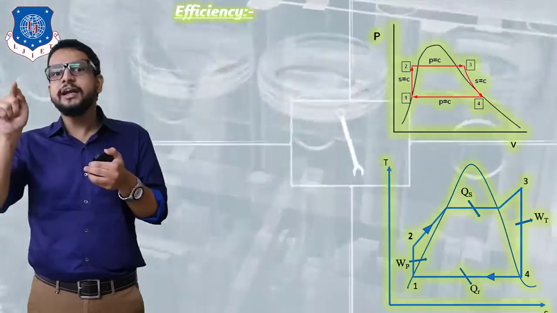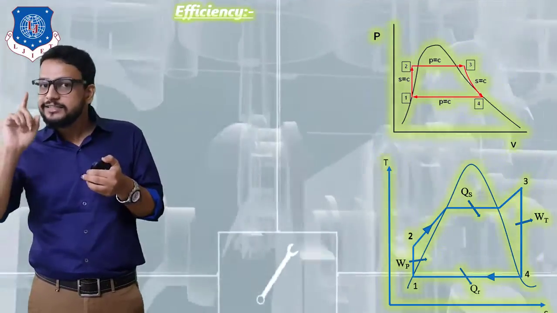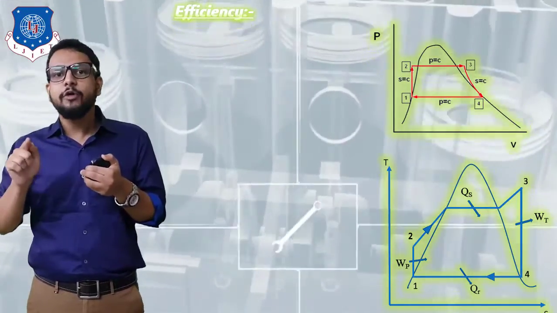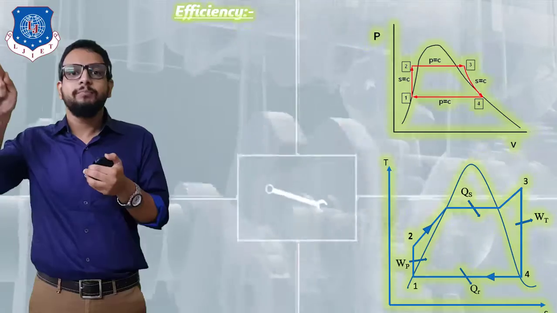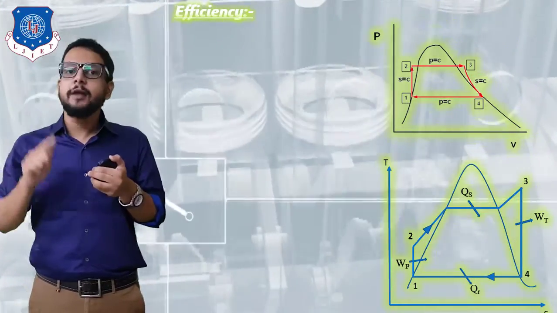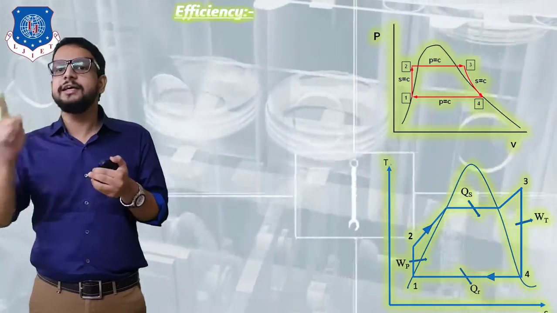And now further, when heat energy is supplied, its temperature is again going to increase, along with that entropy is also going to increase, and finally we are going to achieve our state 3, that is point number 3. So 2 to 3 is our entire boiler process, remember that in a TS diagram.